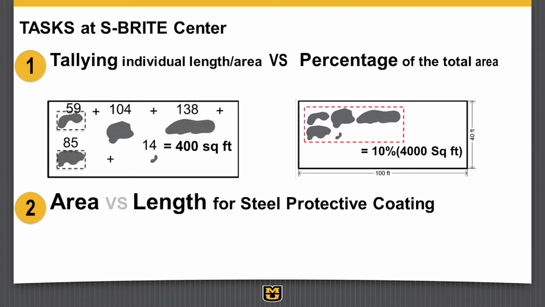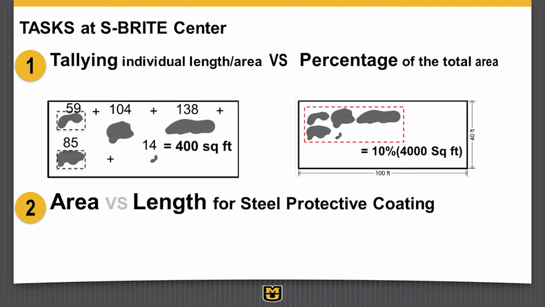That was one of the questions we wanted to check in this testing at Purdue, and so we looked at that. I'll show some results here. This slide tells a little bit about how one inspector might go out, and we asked the inspector, and we got a wide variety of results. Do you tally up each individual area that you see that's damaged, or do you just look at it and make a general assessment of what the percentage is? We had inspectors that did both.